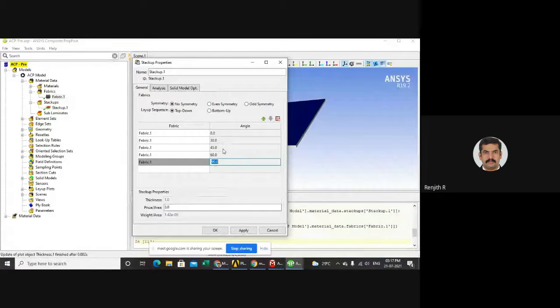And if I want a distributed strength, that is strength distributed evenly in directions, that is in X and Y, so we can provide an angle like this. Or if you're having multiple layers, you can provide 10, 20, 30 degree angles. So that will give you more evenly distributed strength. And this is how we create the thickness, the laminate.